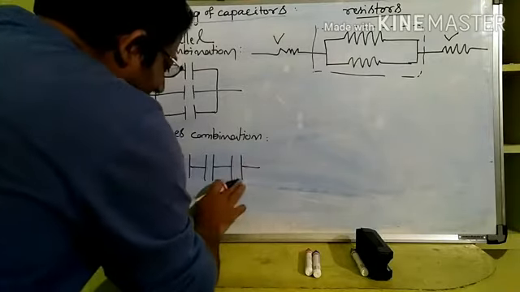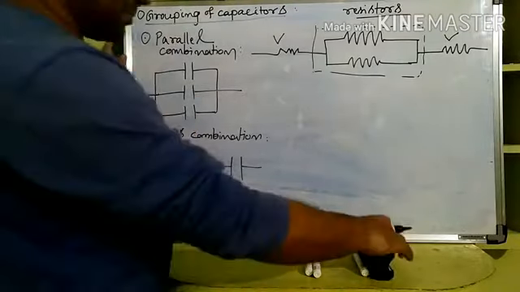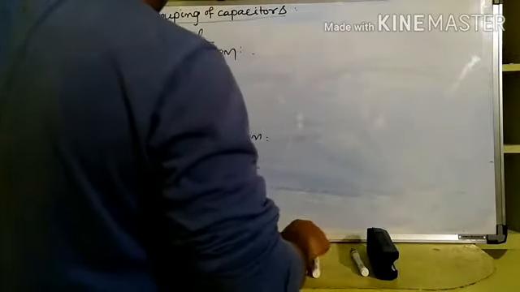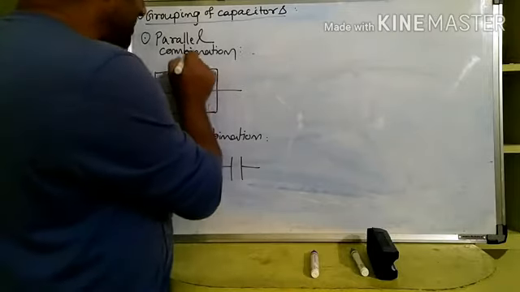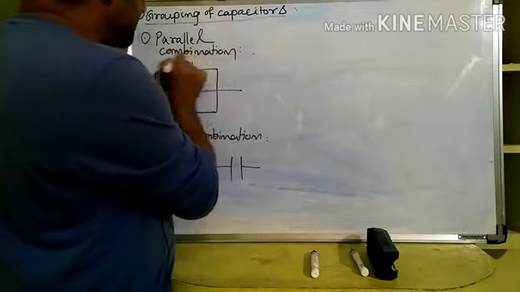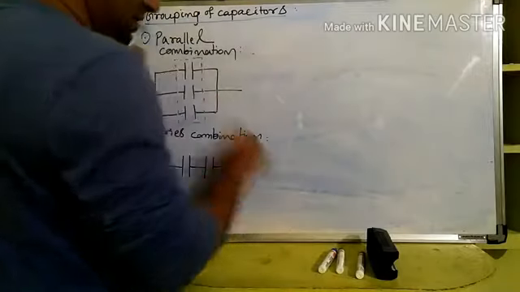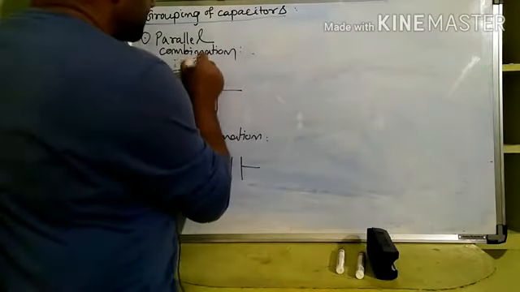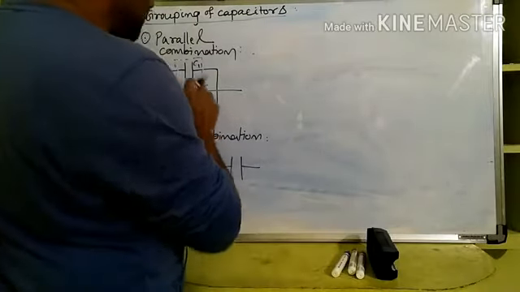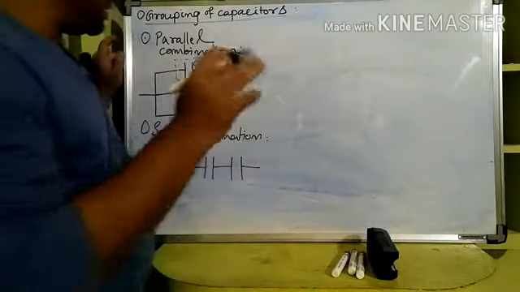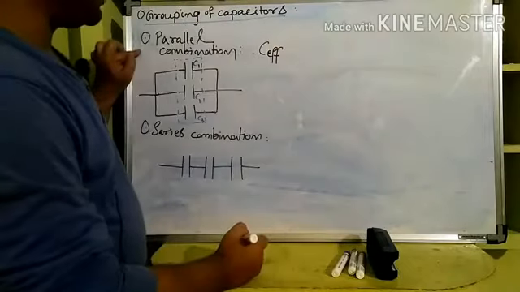Now what we are going to calculate is, if capacitors are connected in series or in parallel, what is the effective capacitance? Imagine that these capacitors are connected in parallel, and let us think that this entire system acts like one capacitor only. Individually, let us say the capacitance of this capacitor is C1, this is C2, this is C3, and the effective capacitance of C1, C2, C3 when connected in parallel is, let us say, C effective. I am explaining the parallel combination first.